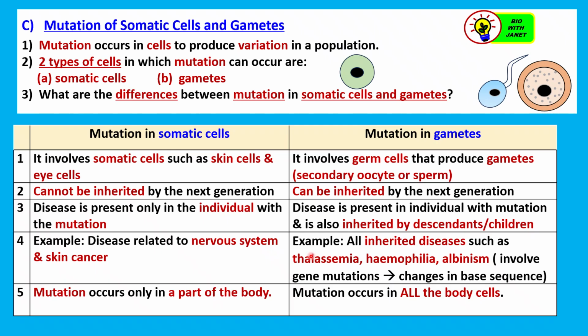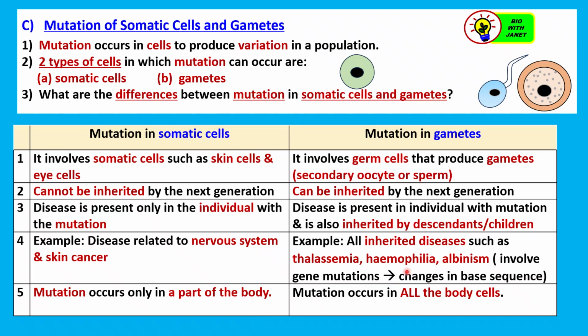And okay, let's go to number 4. Example, diseases related to the nervous system and skin cancer. These are all caused by mutation in somatic cells. Now, mutation in gametes causes inherited diseases such as thalassemia, hemophilia, and albinism, which involve gene mutations, where there are changes in the base sequence of the DNA. So the chromosome will carry this abnormal gene, and this gene can be passed on down to the offspring, right? So it can be inherited